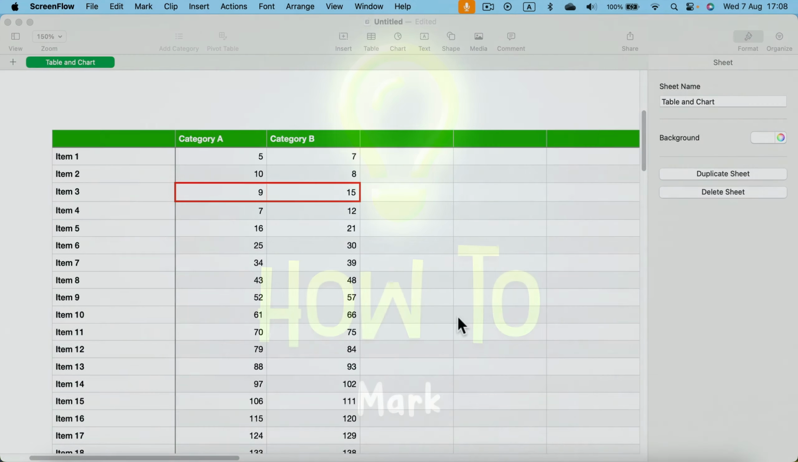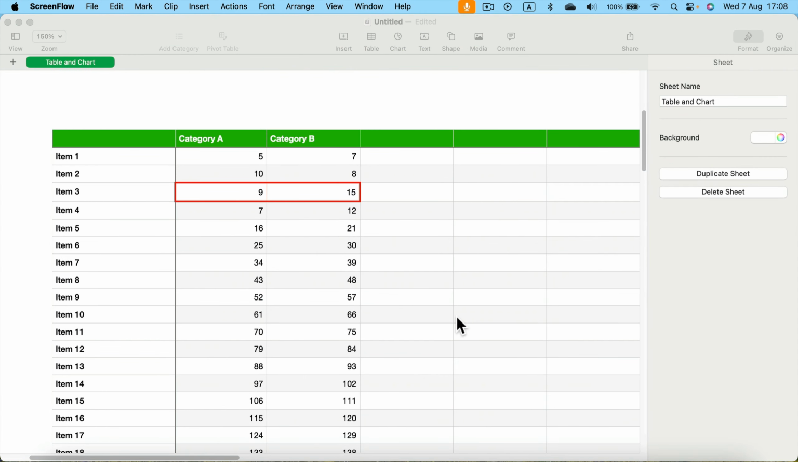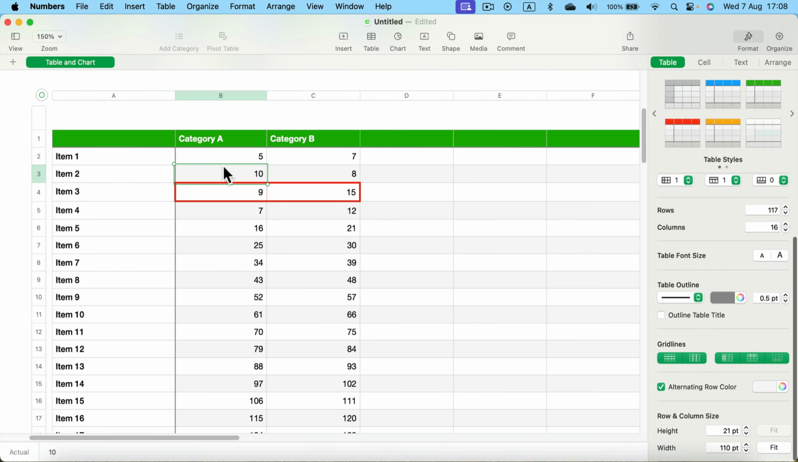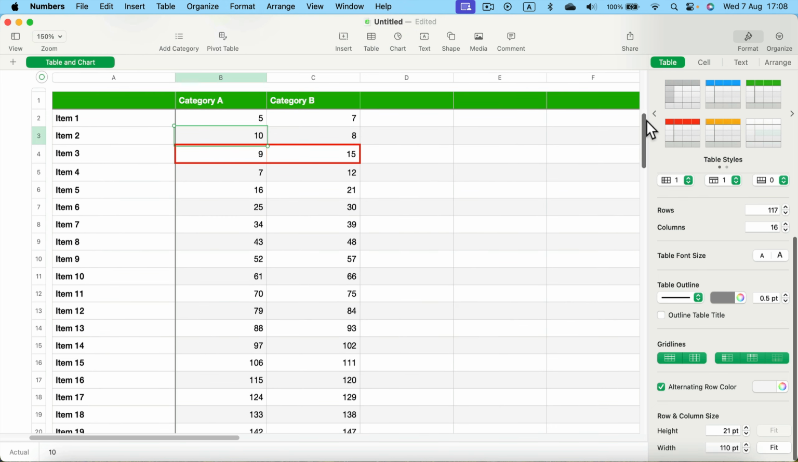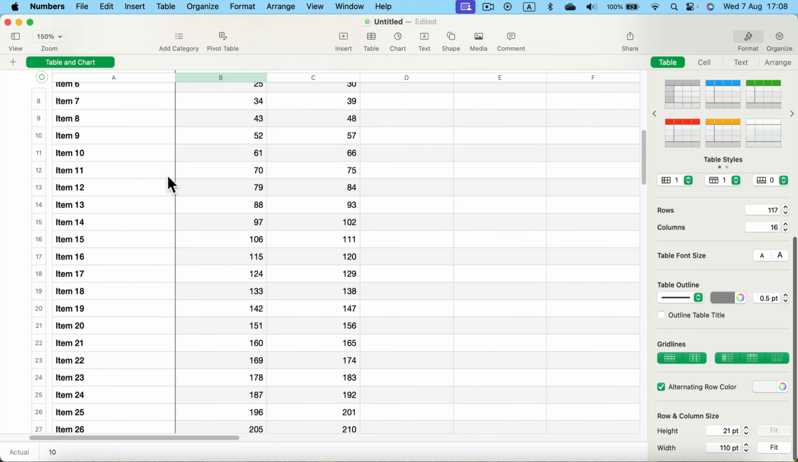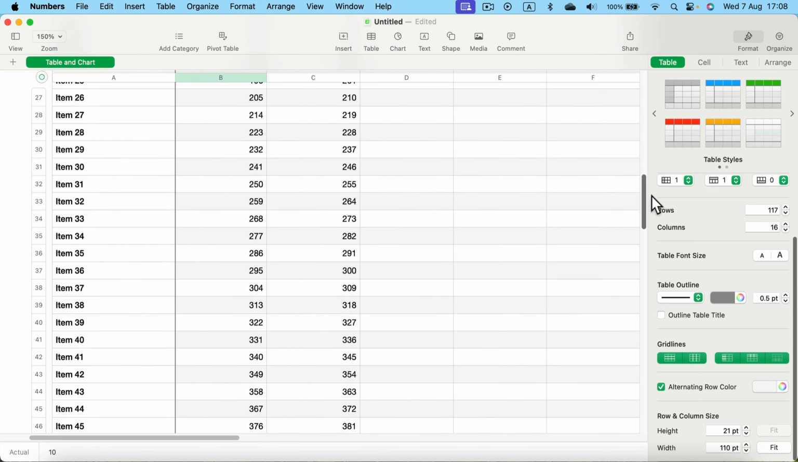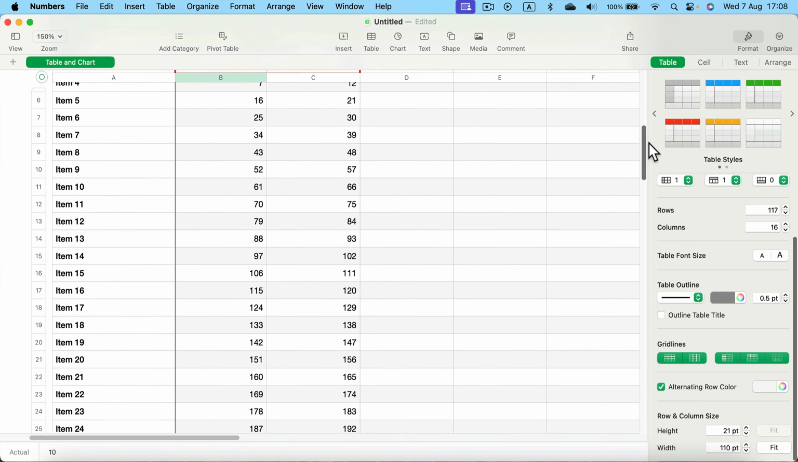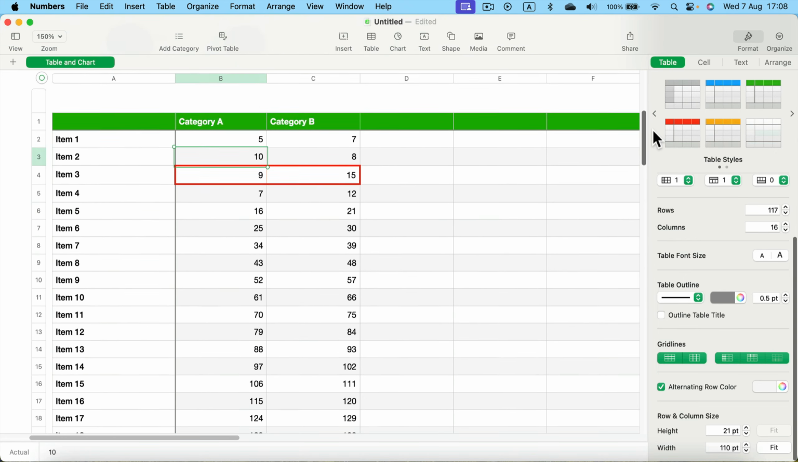How can we freeze a top row or the first column in Apple Numbers? As you can see here, I've got a rather large table, and if I scroll down, the first header row will disappear, and I cannot remember now which column is what. So to prevent that from disappearing, we can make it frozen, and it will kind of follow when you scroll